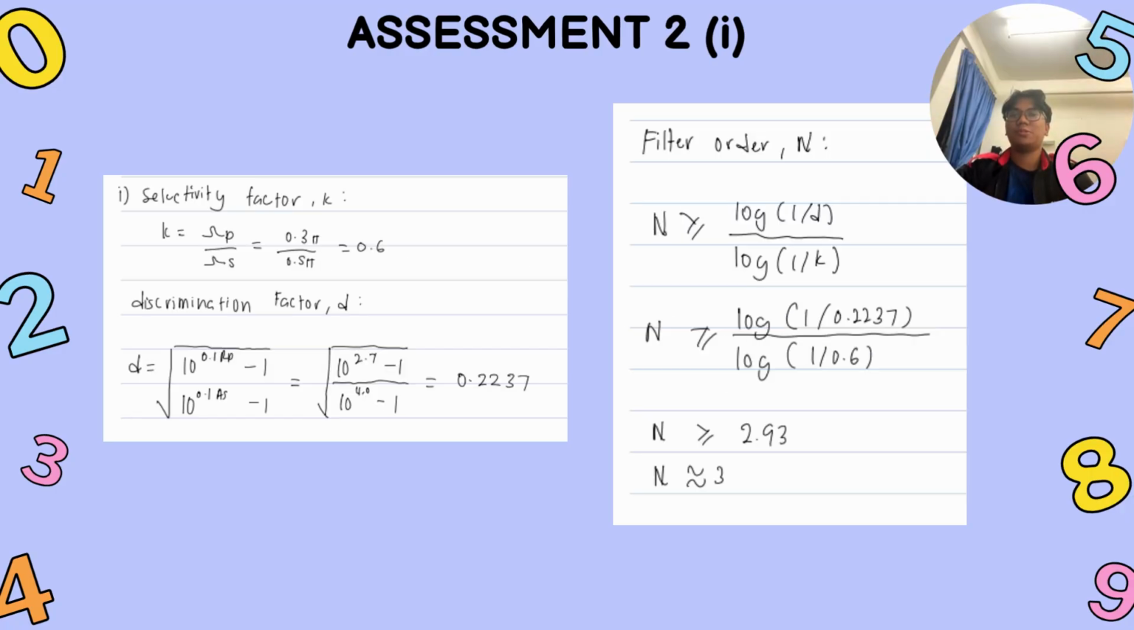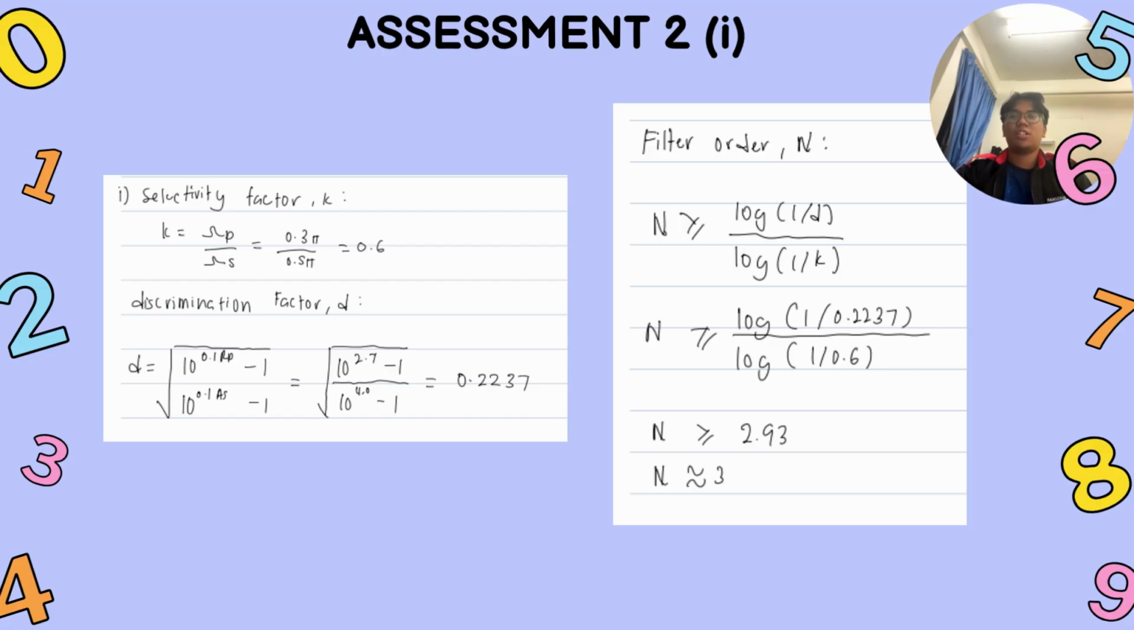For assessment 2.1, we transition into designing an analog Butterworth filter. First, we calculate the selectivity factor k by finding the ratio between the passband and stop band frequency, which gives us 0.6. Next, using the passband and stop band attenuation specification, we compute the discrimination factor d to be 0.2237. Plugging these two critical factors into the Butterworth order formula, we determine that the filter order N must be